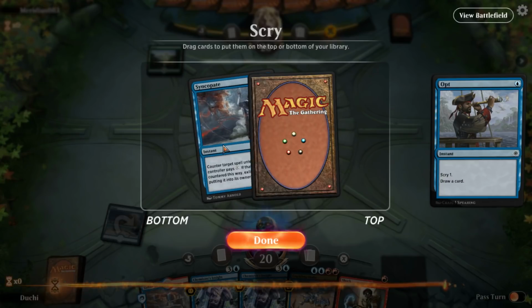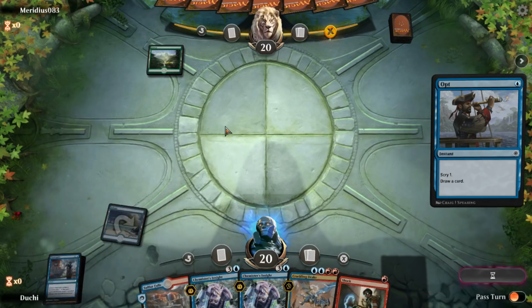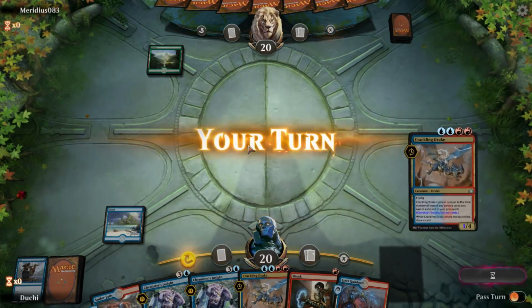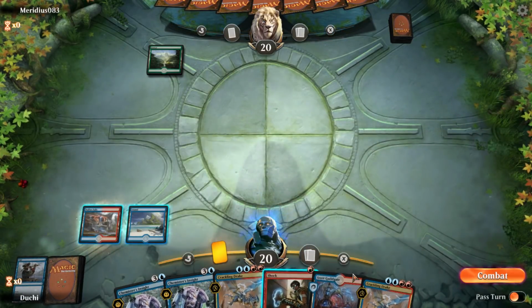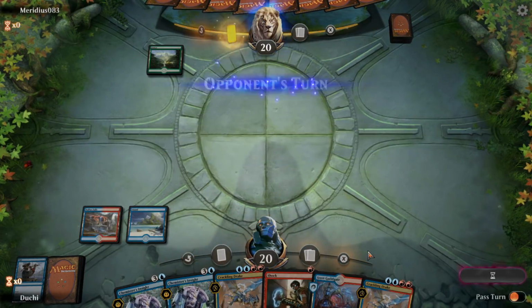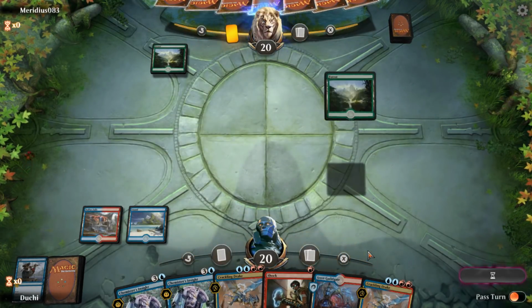Let's go ahead and put it to the bottom of our library. We really need that land. Awesome. Drew it. Let's go ahead and play our Sulfur Falls to give us access to that shock, which is a little upsetting since we are playing a land tapped on turn 3. So we do end up drawing a